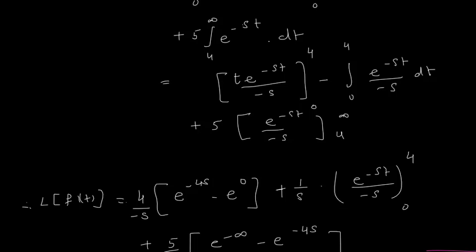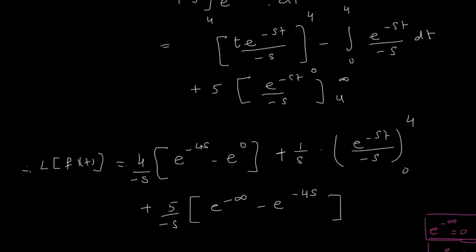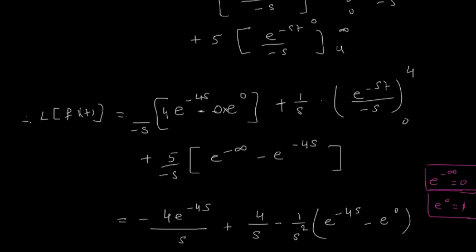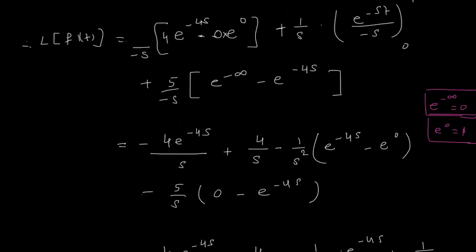Okay, so when t is here, this 1 upon s I can take out, but this I have to use here. It is t means 4 into, and here it is minus 0 into. So when I say 0 into, it will become 0. So this 4 upon s,